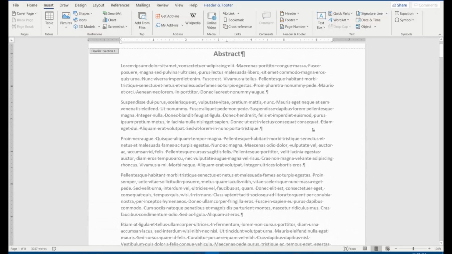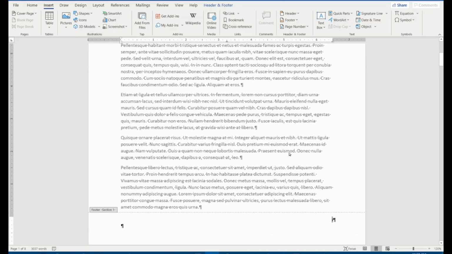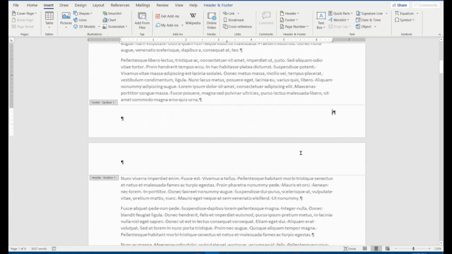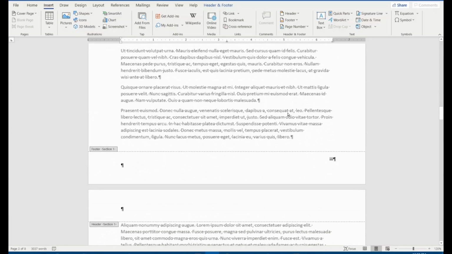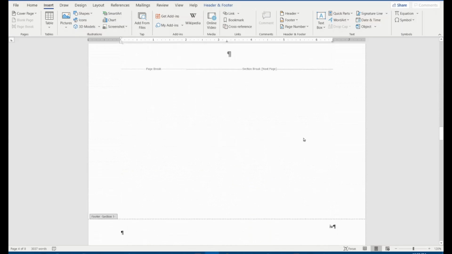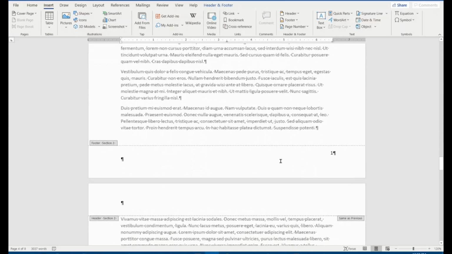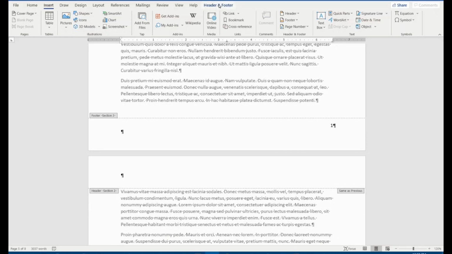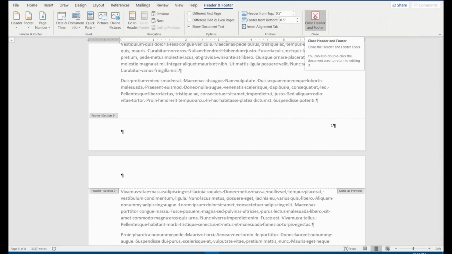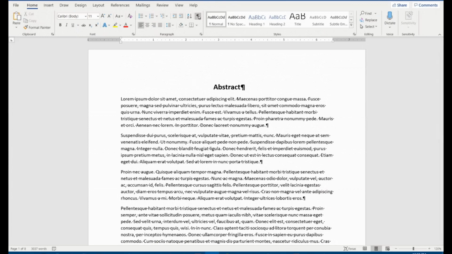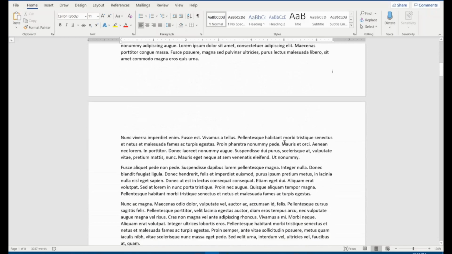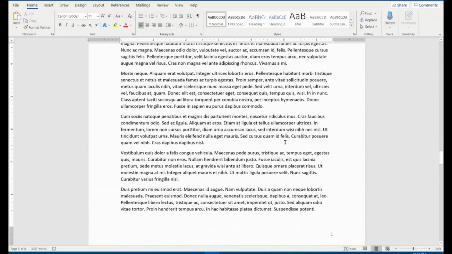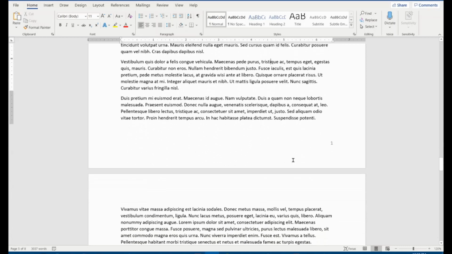Now we can see that Roman number formatting has been applied on our first section. This is the first page of our first section, this is the second page, this is the third page, and this is the fourth page of our first section. Now this is our second section, and over here we have different number formatting. Now we can click on Header and Footer and then click Close Header and Footer. Now let's hide the paragraph marks. We can see that we have successfully inserted the Roman page numbering on our first section and the standard page numbering on our second section, which starts from page number 1.